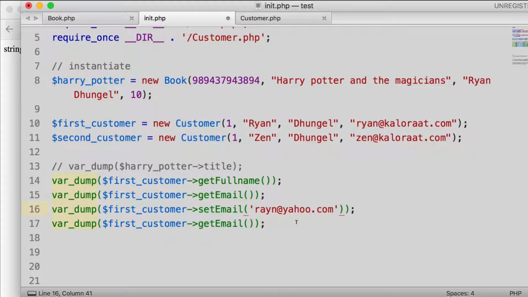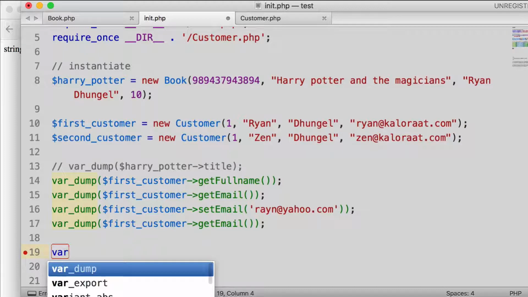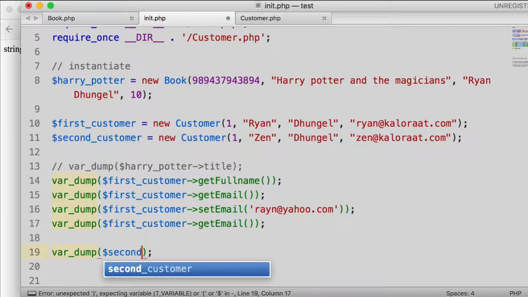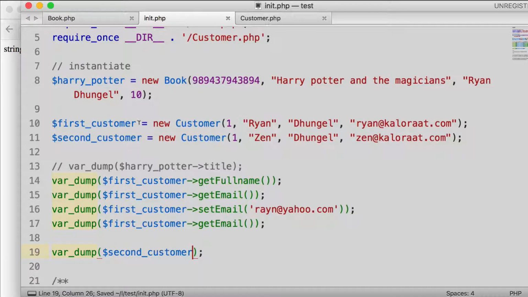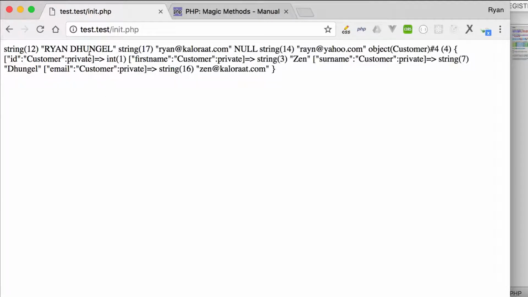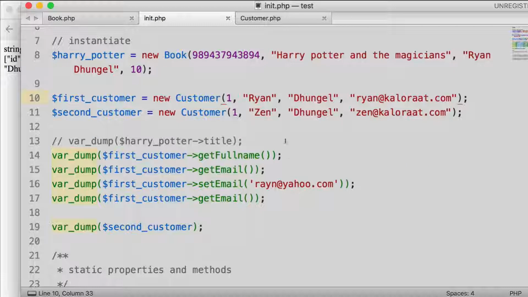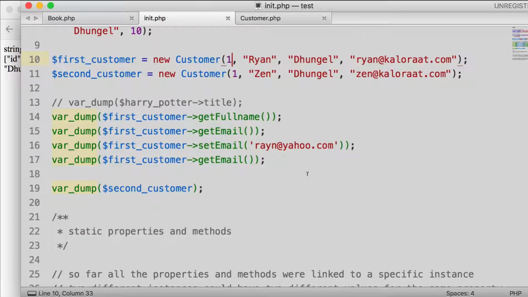So we can say var_dump, and we can var_dump the second customer. Okay, let's give it a try. So the second customer we created is Jen, with the surname of Dingle and the email of Jen. And we still have the previous one. So the class remains the same, the properties remain the same, but based on the instantiation we get